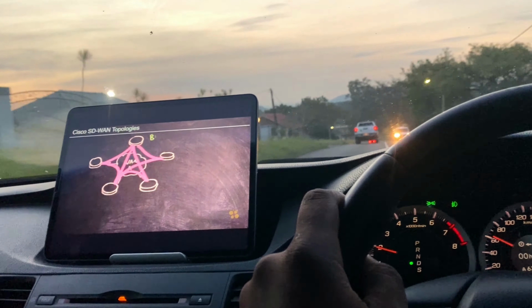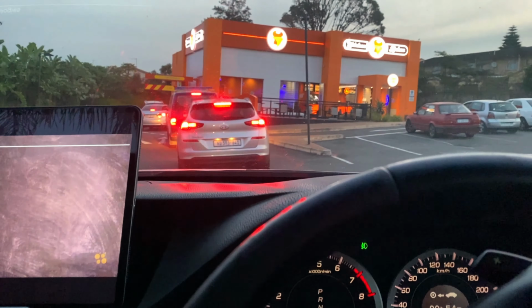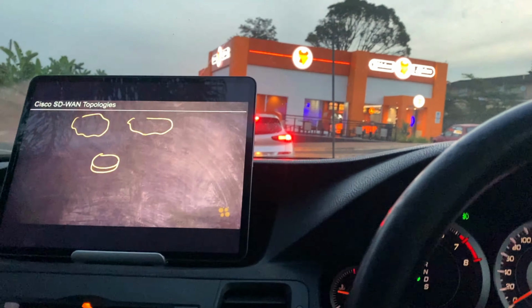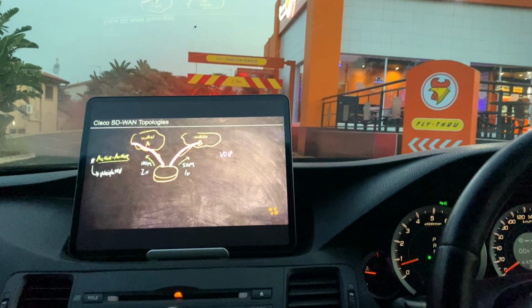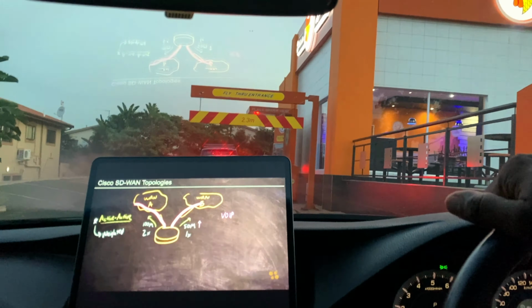Now I have a router at a location, and I've got two separate WAN circuit providers up here. We'll call these WAN A and WAN B. And one of these links has a much higher reliability. Let's say this is an MPLS link on the right versus an internet link on the left.